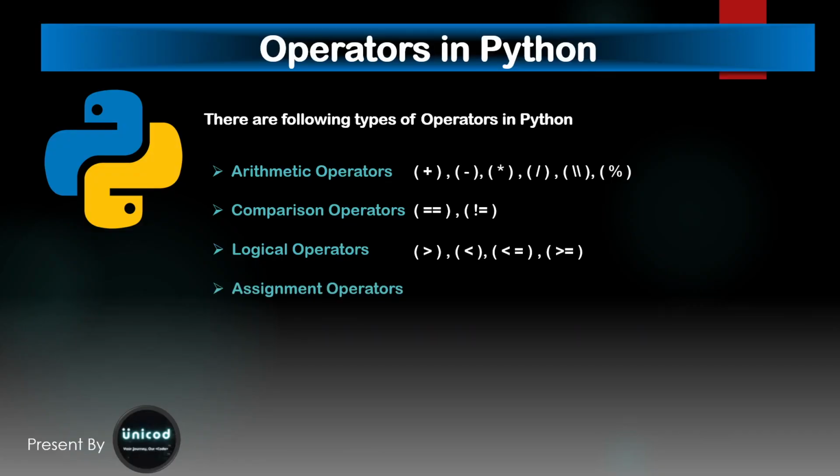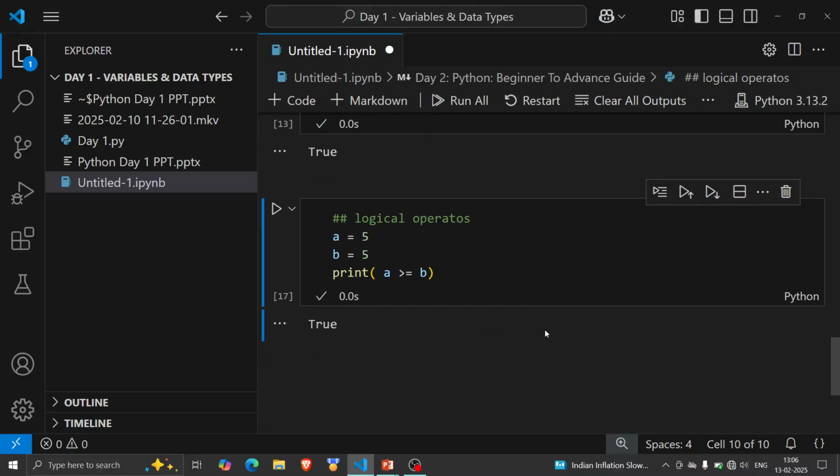What are assignment operators? Assignment operators means increasing operators, you can say. They are mostly used in Python to increase any value. They look like plus equal to, minus equal to, multiply equal to, or division equal to, something like this. What are they? Let's say